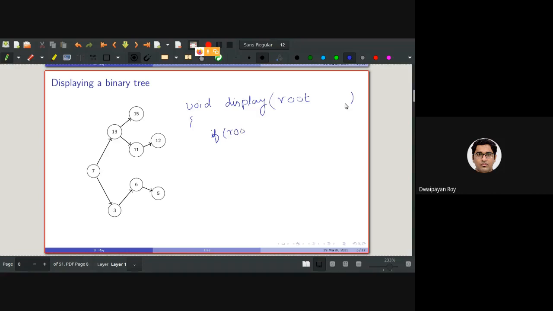I'm intentionally keeping one space here, we'll understand why. First we need to check whether root is null or not, and if root is not null, we need to call this display with root right, root right.